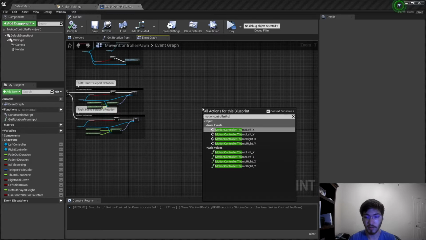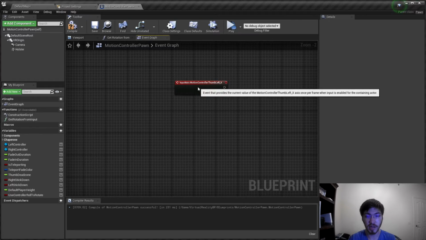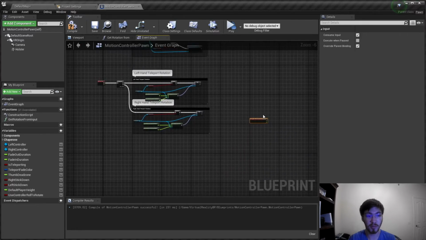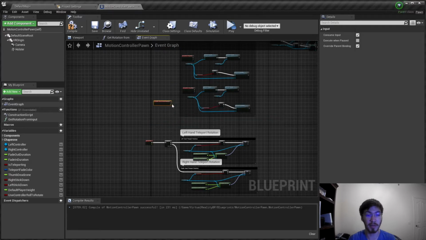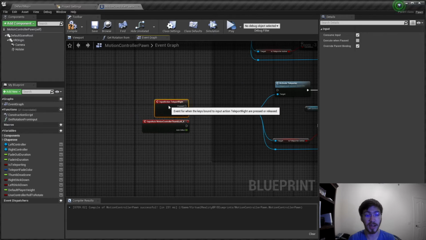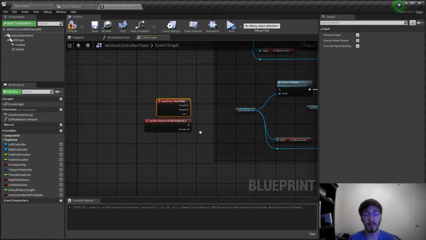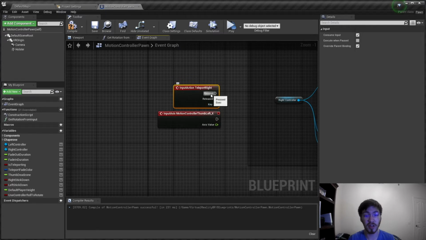Thumb left. There we go. Let's go and have a quick look at this. I actually want to bring up again the differences between action versus axis mappings. If you look, this is an action mapping, and this is an axis mapping. You can see there are a few different